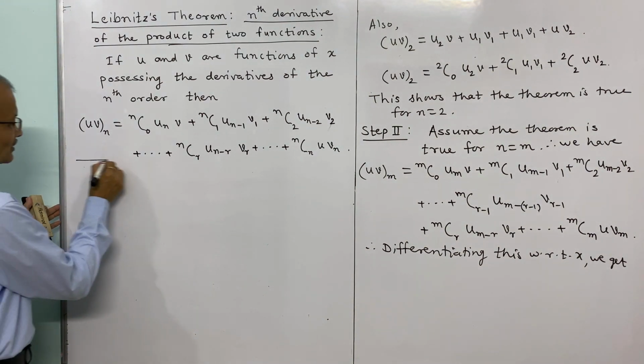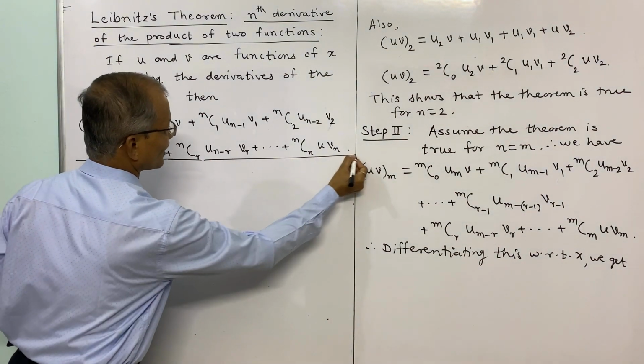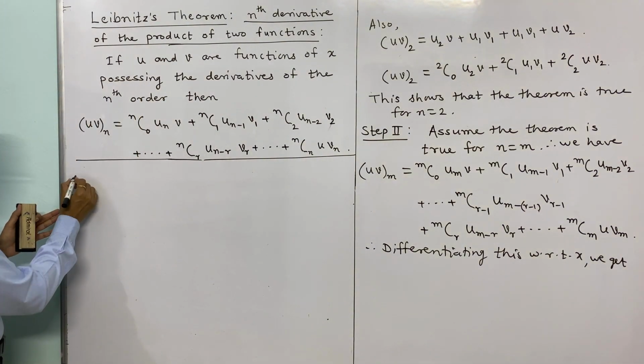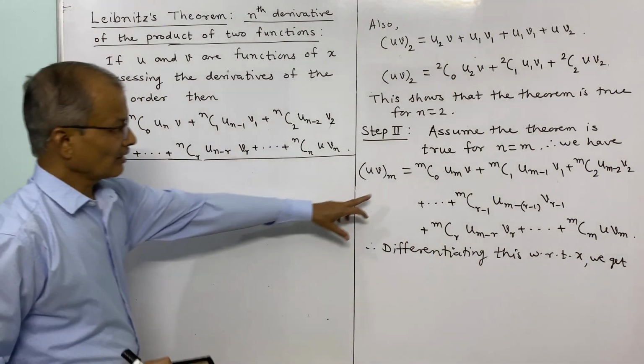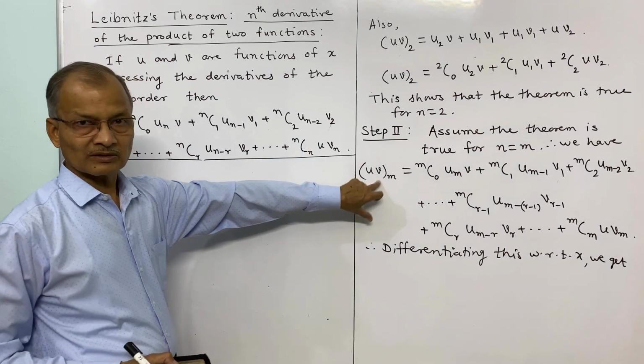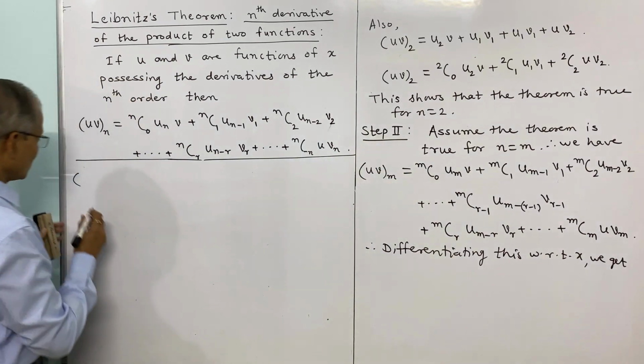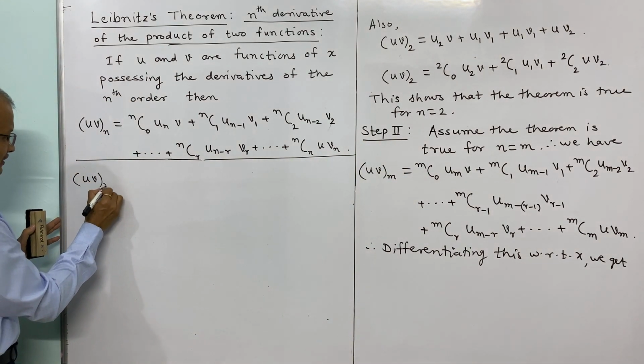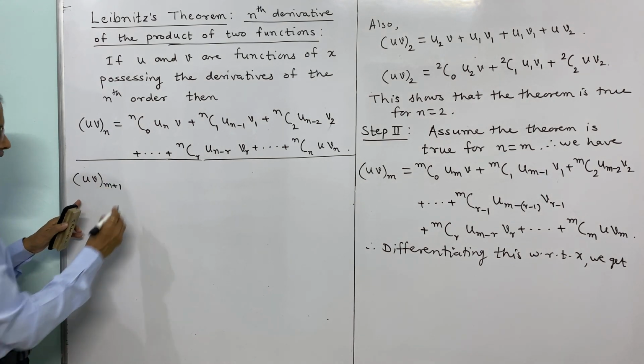So this is our statement of the Leibniz theorem. Now I shall continue this step. Differentiate: this means the derivative order will be increased. That is, the m plus 1th derivative of u into v is equal to